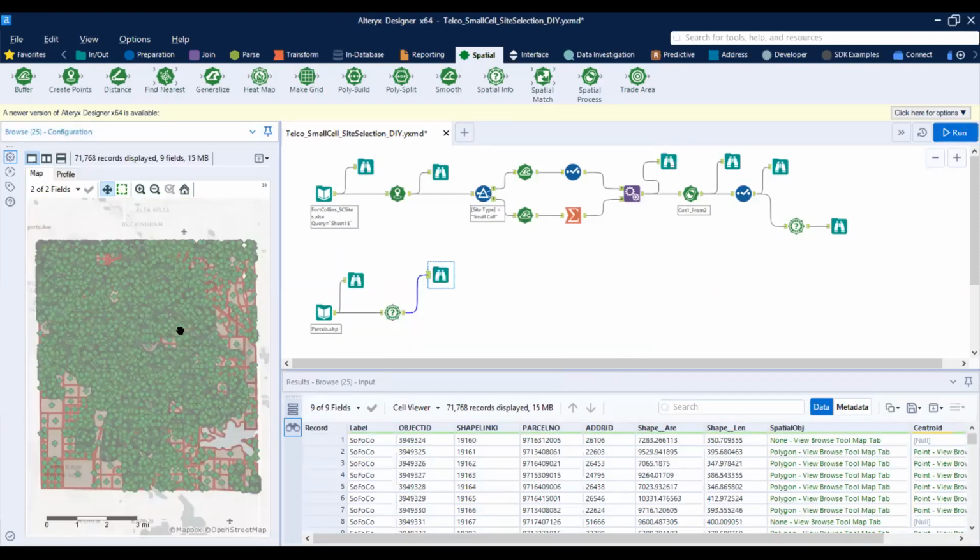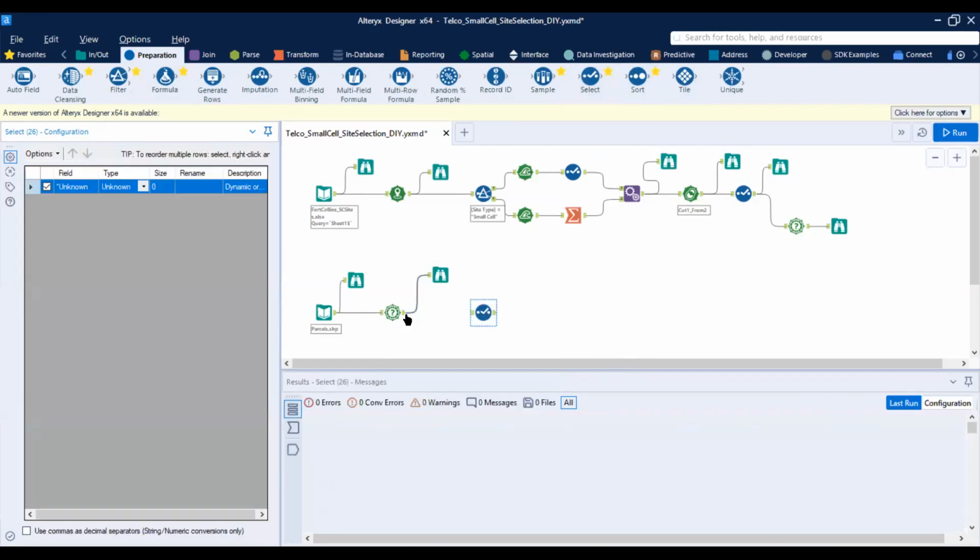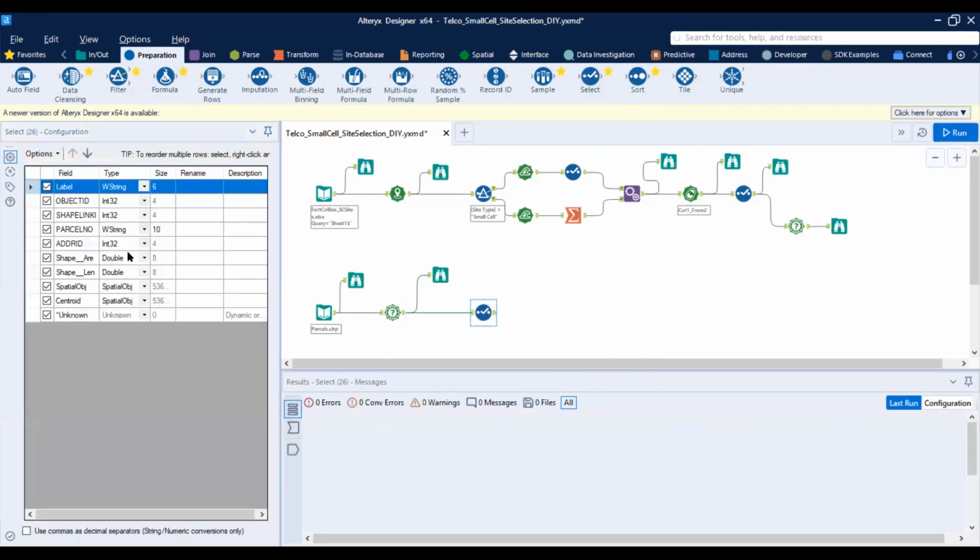All right, now we have a lot of points. You can see in some of the larger parcels that it does appear to be the center of that. So I'm actually going to just select what I want from this now, just for the sake of, if I was using, this is a